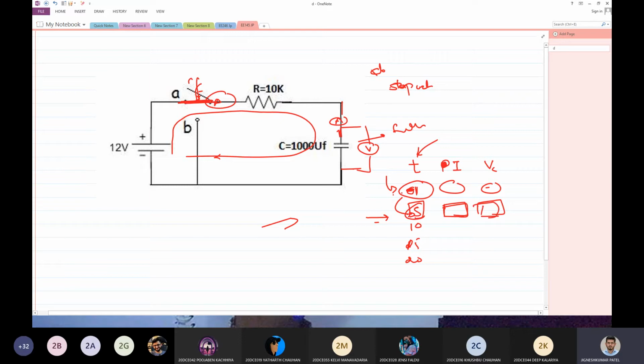The problem will happen if the same person is doing this task. He'll see 5 seconds, he'll come over here. When he takes this reading, let us say he gets a 40 milliampere reading. Meanwhile, while he is writing, some time will have elapsed, and I'll end up at the 7th or 8th second, and at that time my voltage will have changed. So these three things have to be done at the same time. As soon as your 5th second is done, you have to take the reading of your current and your voltage.